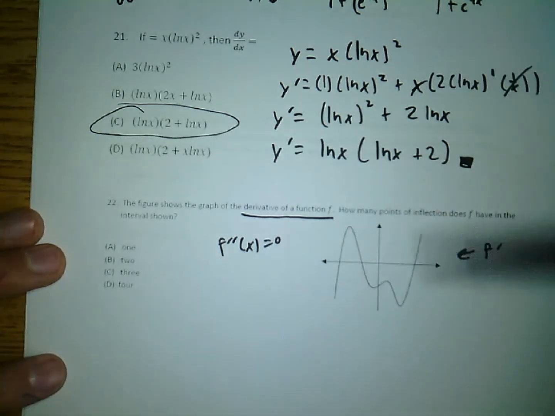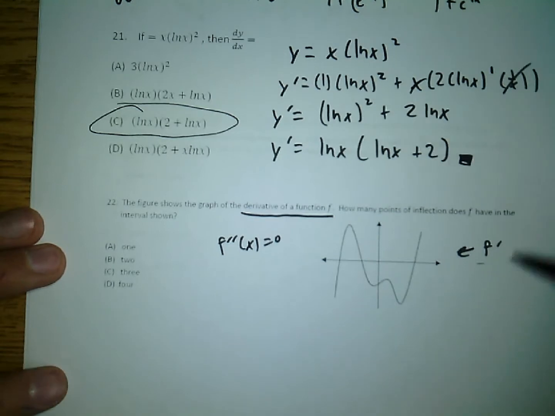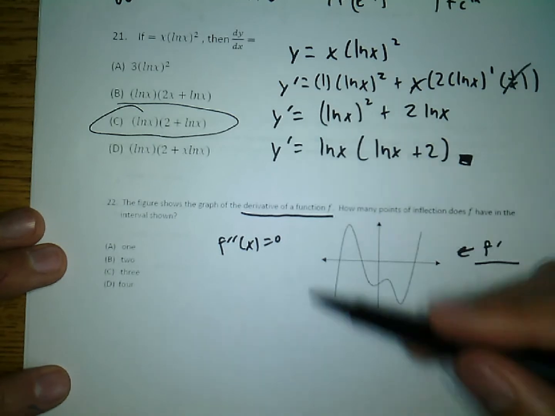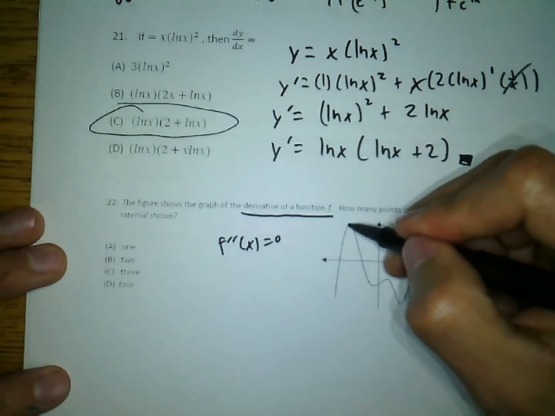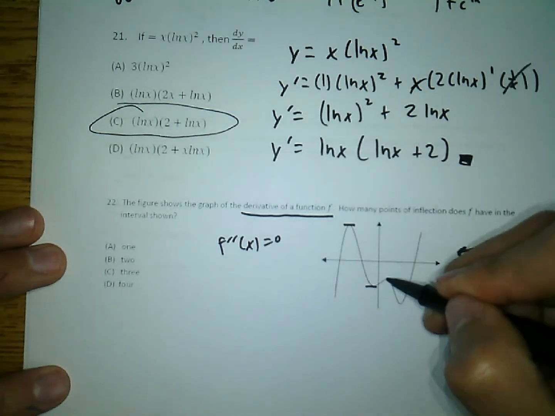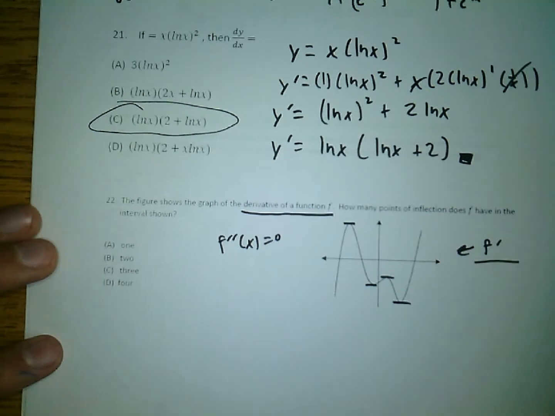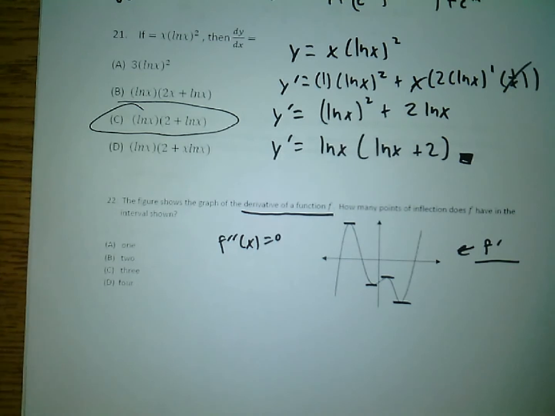If I have the first derivative, but I don't actually have the equation, then I will need to take the derivative of this and set it equal to 0. Now, I want you to think this through. If I take the derivative of f prime, that's going to give me the slopes of f prime. So if I want to set it equal to 0, I just need to look in this graph and figure out where the slopes on this graph are equal to 0. And that's going to be at this location, this location, this location, and that location,